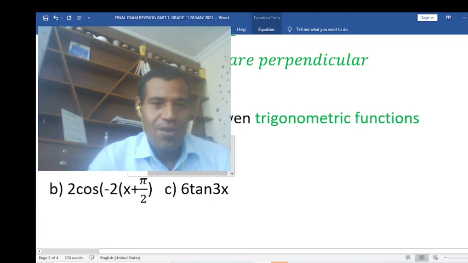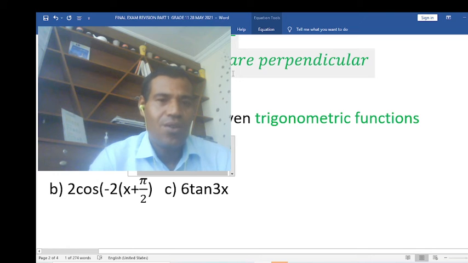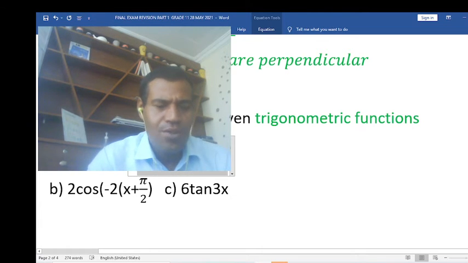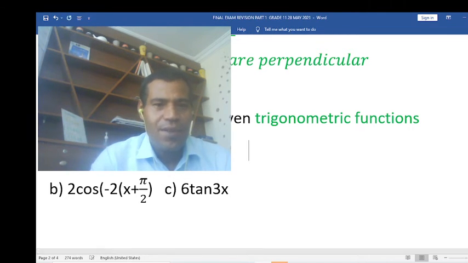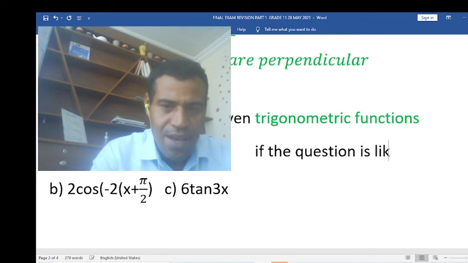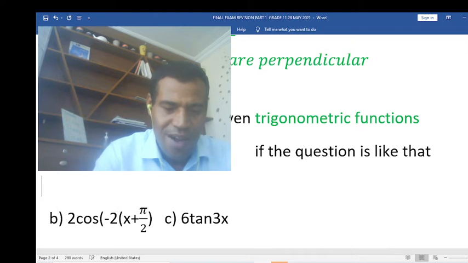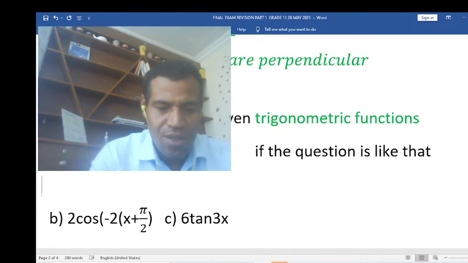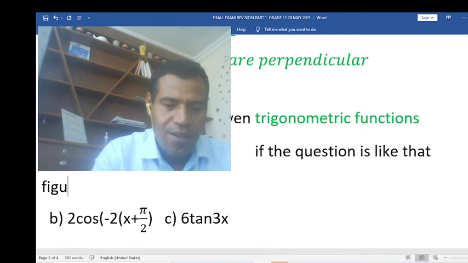In general, I don't know if you see this in your lectures or not, but the teacher has to explain this for you. Then now we move to the next part. I will use this to answer this question. For example, here, my learners, if the question is like that, I will work out, evaluate, the period